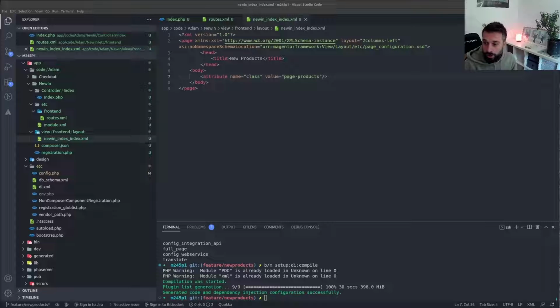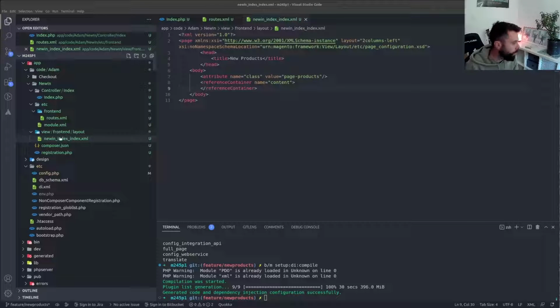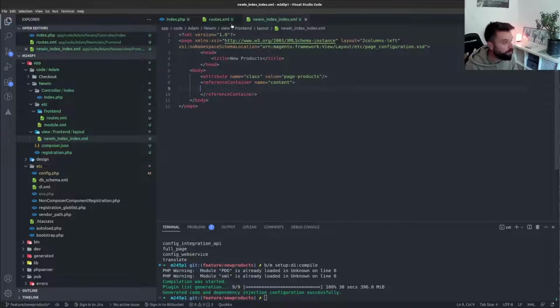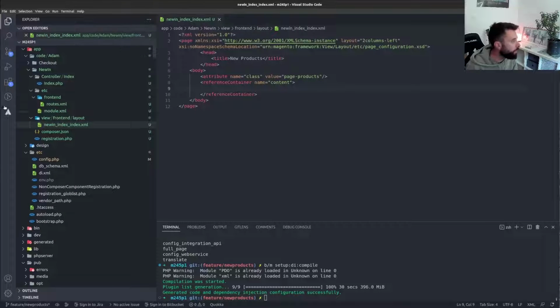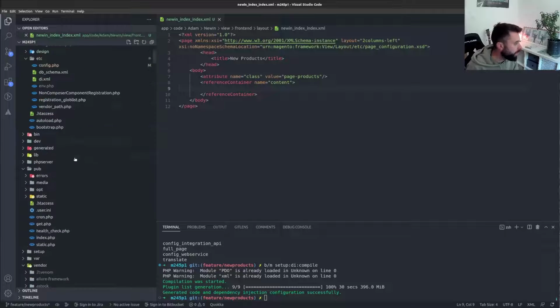Right then, so the next thing we need to reference is the content container. Now, after we've done this, we're going to build out basically the list block, we're going to re-add the list block from vendor, from Magento's core. Let me just close these down. Because we want to show everything